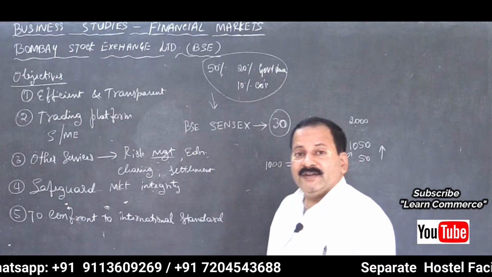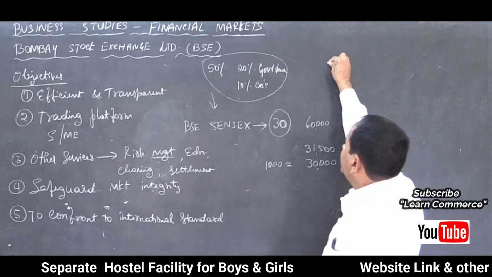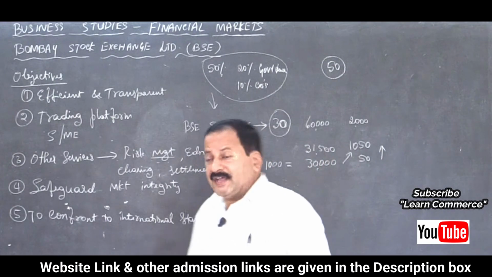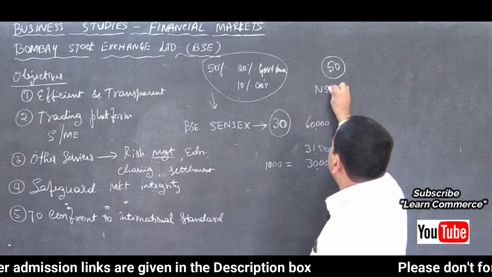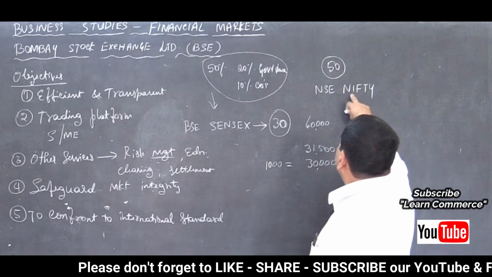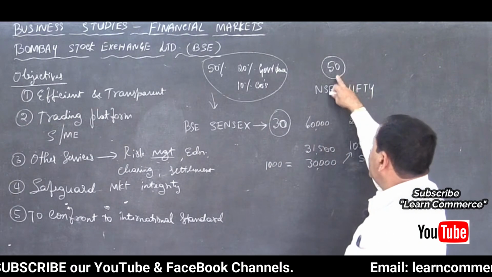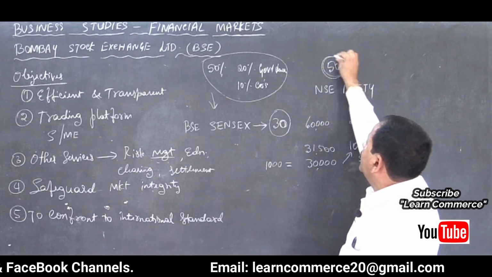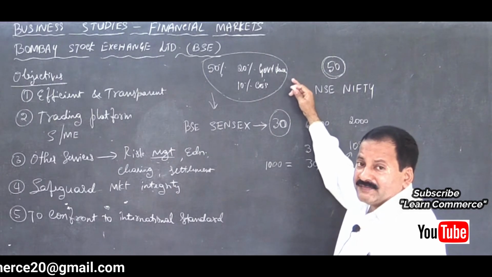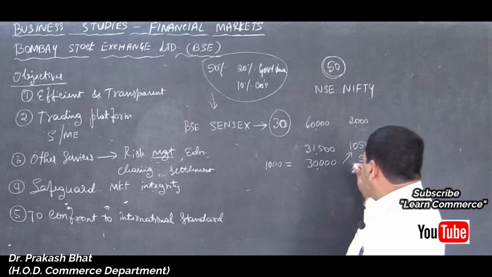NSE we have already covered, that is National Stock Exchange of India. There let me give you information, that is it is the prices of 50 strong companies. So we call it Nifty, NSE Nifty, that is National Stock Exchange Index of 50 companies. So here we take 50 fundamentally strong companies together, and their share price will be taken together and averaged, and we will decide how much this index is.